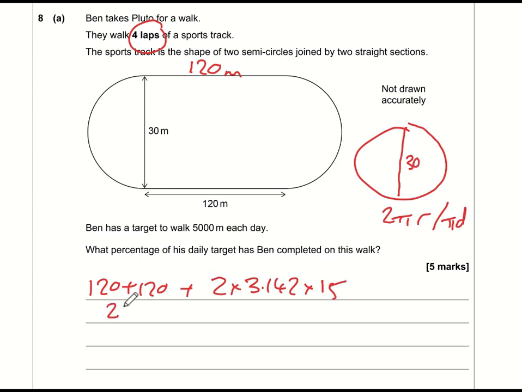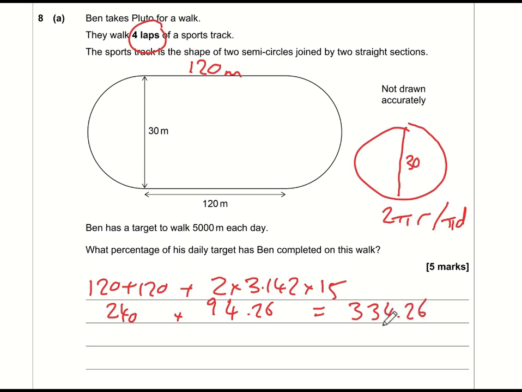Anyway, so that is 240 plus 2 times 3.142 times 15 is 94.26, and 240 plus 94.26 is